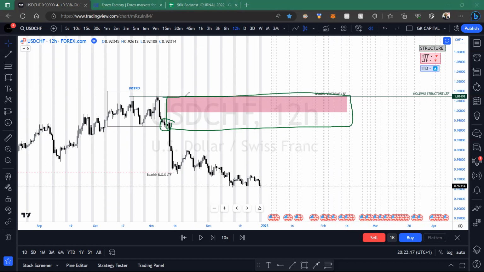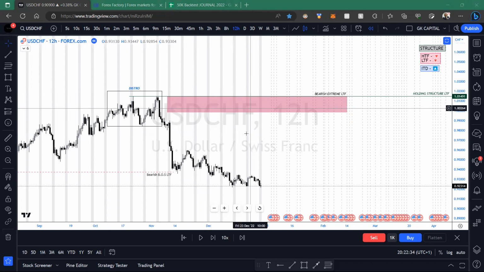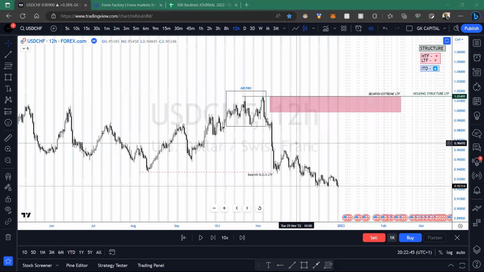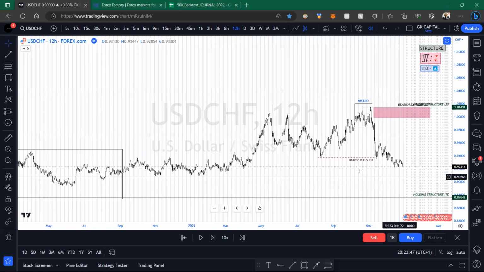I don't think this is a well drawn redistro, so I'd rather wait for price to come in between that. We've got imbalance in there, so I'm not really going to be paying much attention to that slingshot. I'd rather wait for price to come slightly higher up, and if I miss that, I miss that. If price does come up into here and then distribute from that slingshot and come down, and I miss this, then I'll just play the redistro. Cool. So that's pretty much my lower time frame.